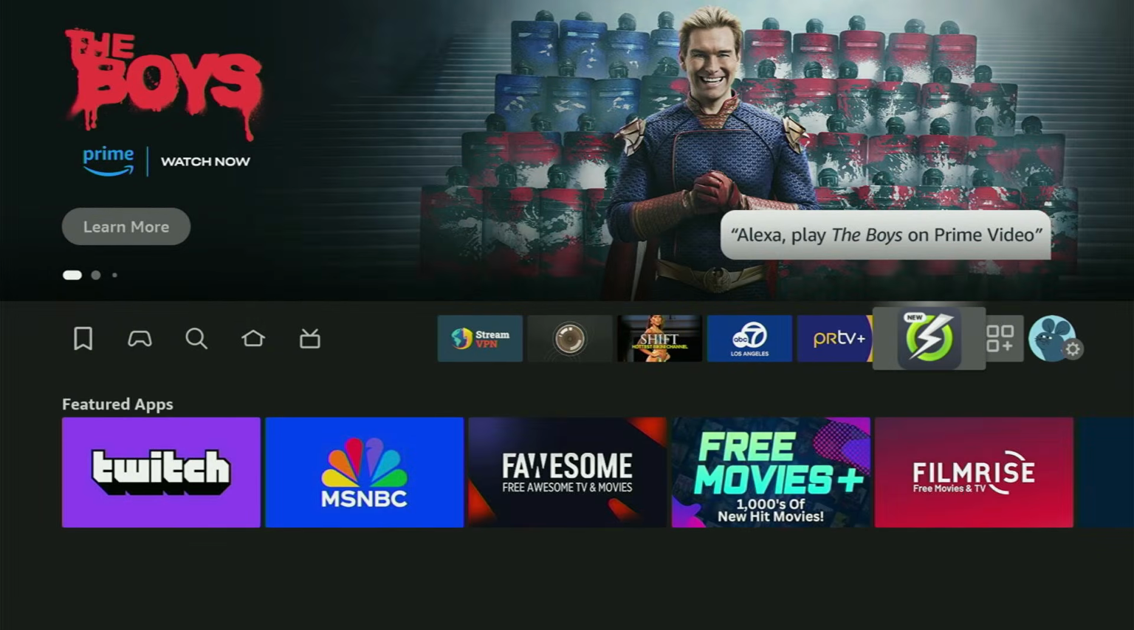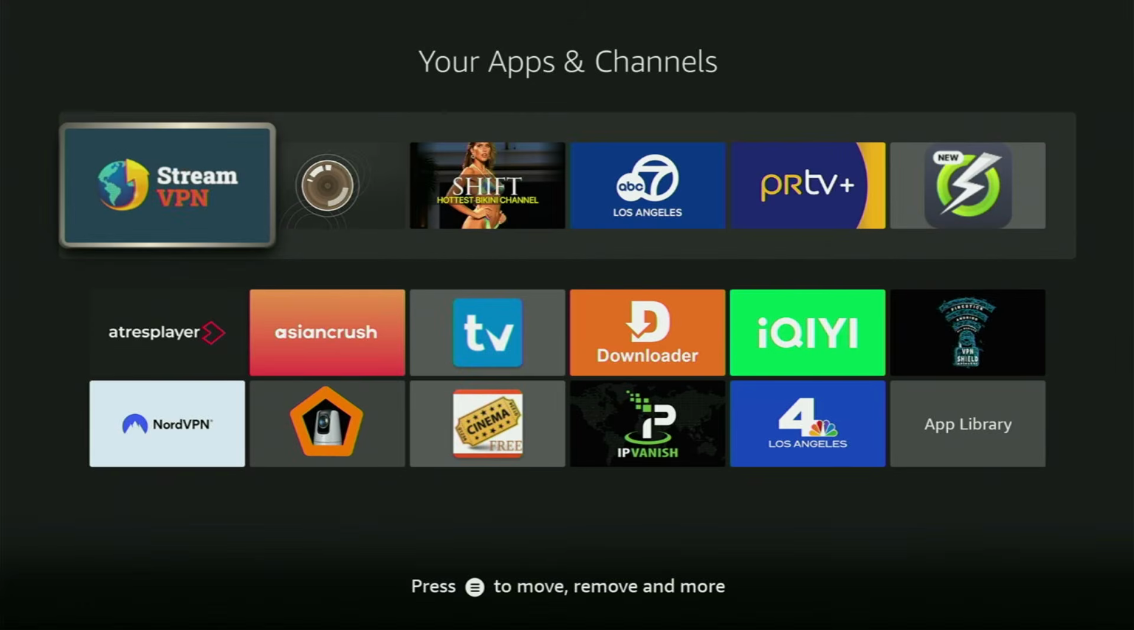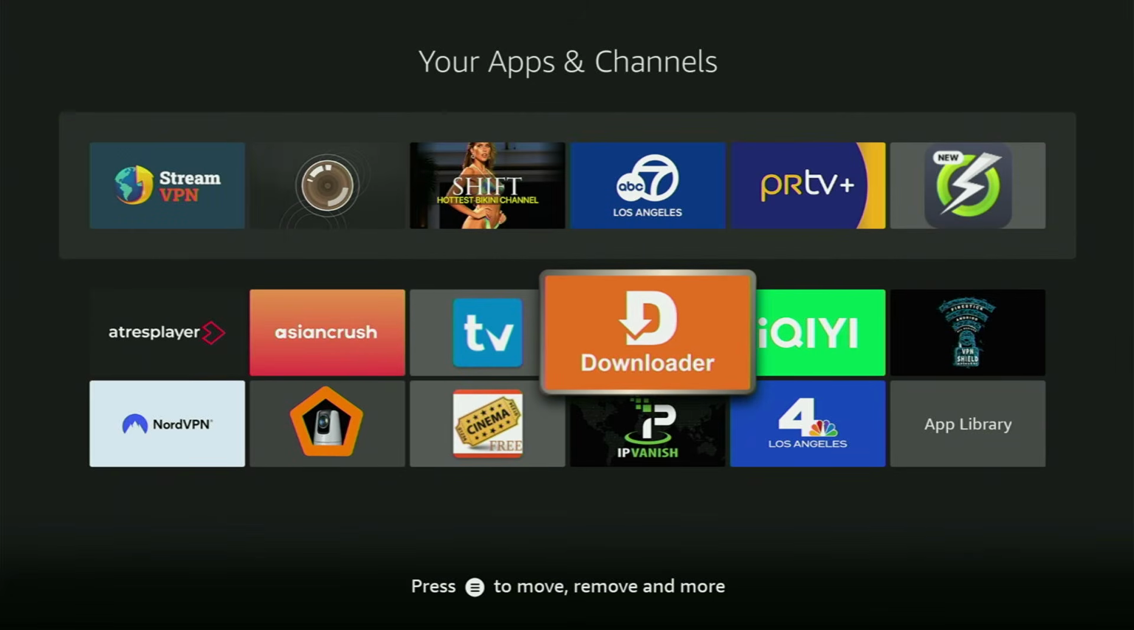So now let's go back to the list of apps on the Fire Stick. Here it is. Open it, and there is the Downloader, which is set up and ready to use on the Fire Stick. But before actually using Downloader, there's one more thing which I always recommend doing, and it's of course